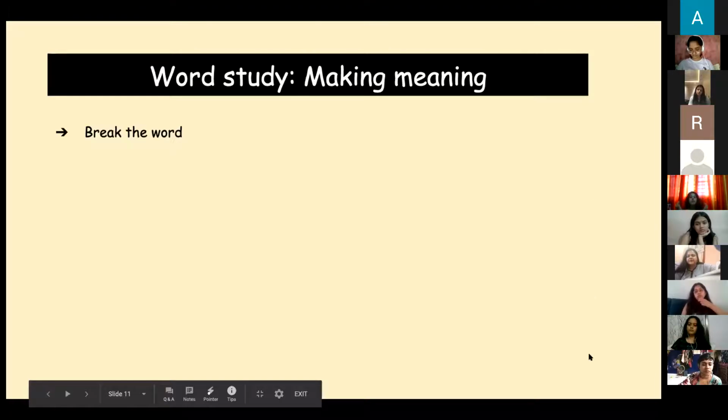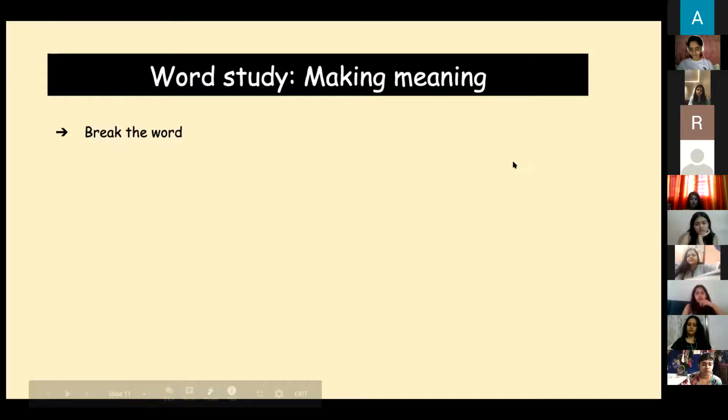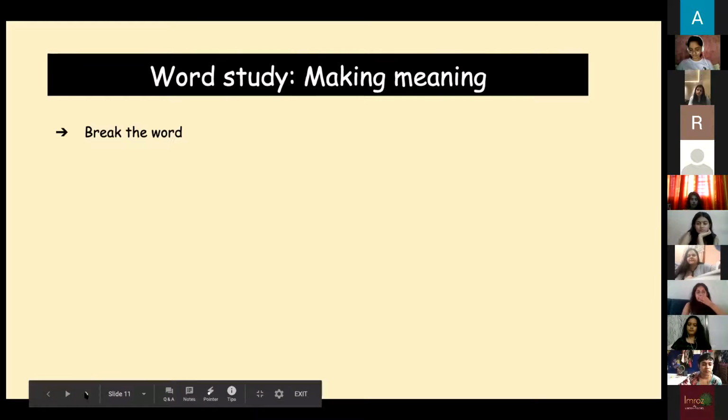Guys, we just discussed it. Is it syllable by syllable? Yes. We are going to do chunking. Yes, just that, right? And then we are going to move on to